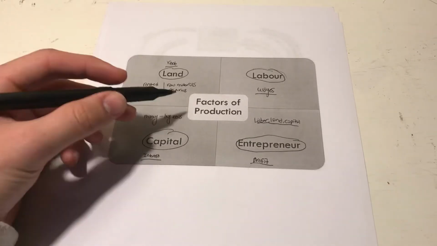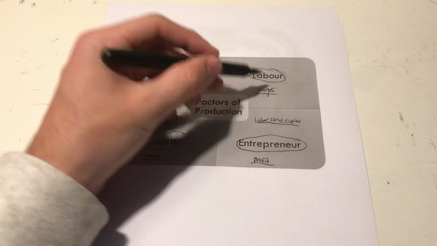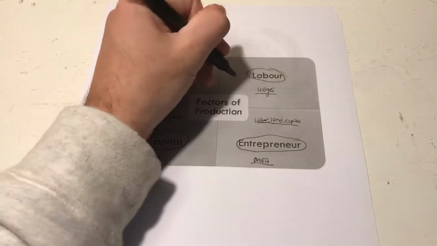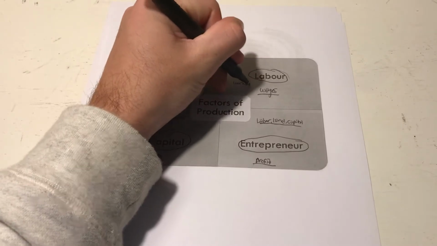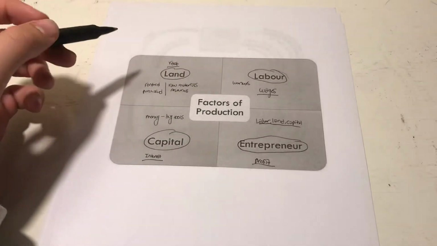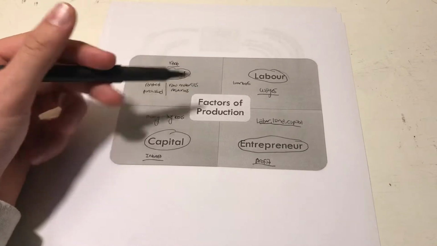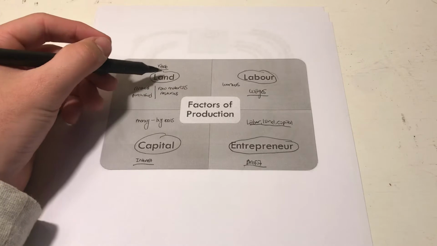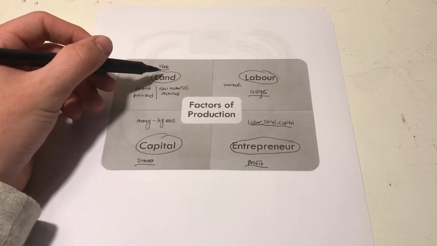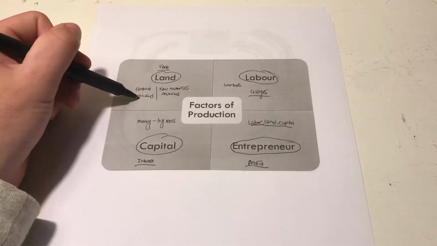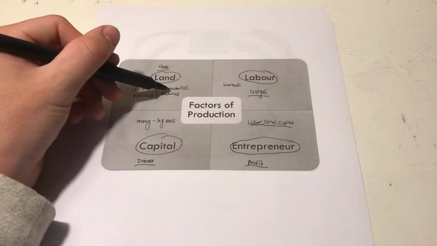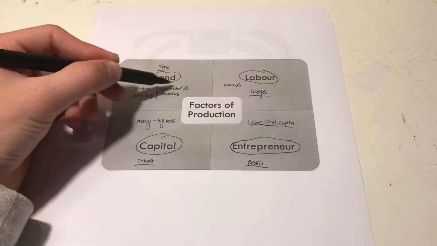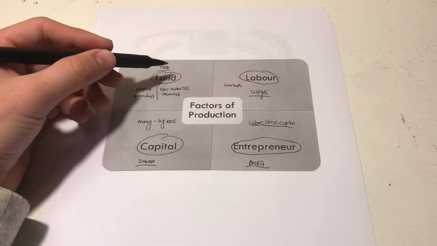And there are 4 factors of production. The first is labor, and the labor is the workers that work in the economy, and the factor payment for this is wages. The second factor of production is land, and the land is the land that is rented or purchased, and it also includes the raw materials and the resources that are found on the land, and the factor payment for this